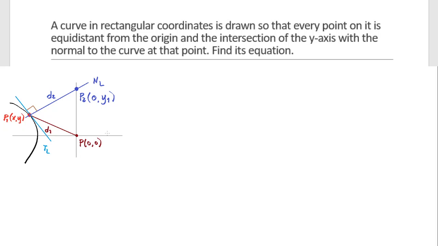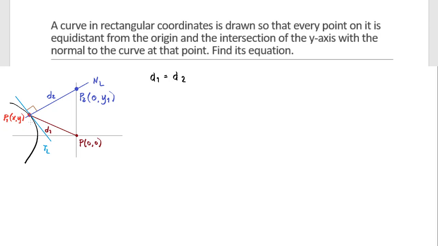And you need to find a way that with the geometric properties given, you can form a differential equation such that solving the solution for that differential equation will be the solution or will be the unknown of the problem. So the unknown of the problem is the equation of the curve. The condition given on the problem is that equidistant. Therefore, we could say that D1 equals D2, right? So I'll just write it here. D1 equals D2.